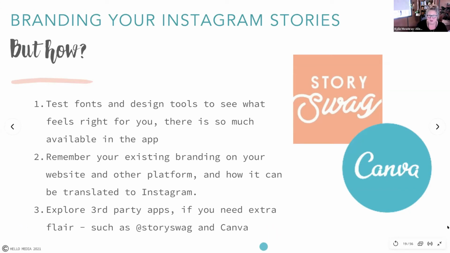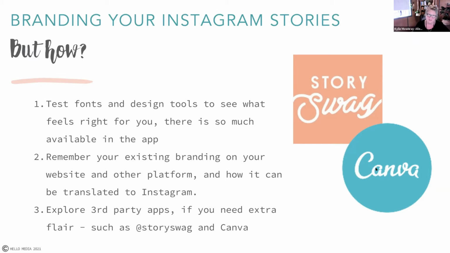I was just showing a client this morning that we had a bunch of her posts sitting there ready in Canva, all square for Instagram, and all we did then was click resize, made it for Instagram stories, and then all of a sudden she's got 40 Instagram stories that she can use in between lives and things like that.